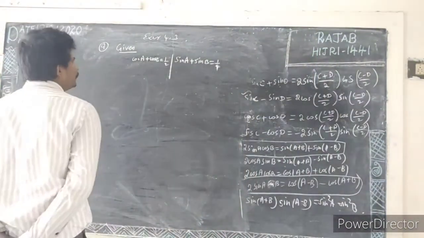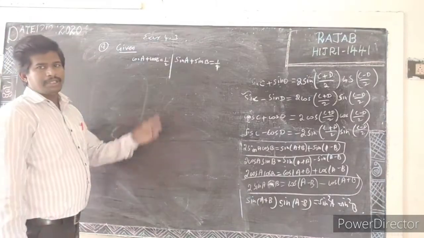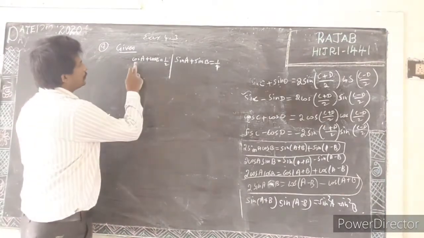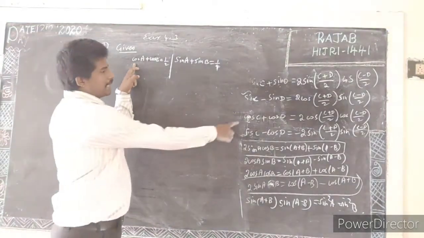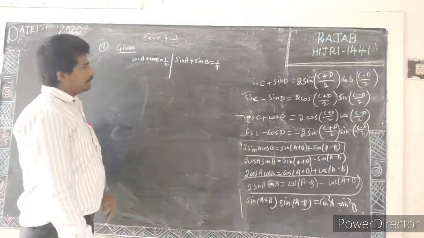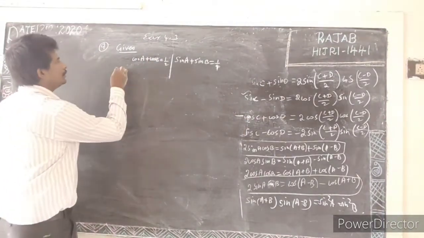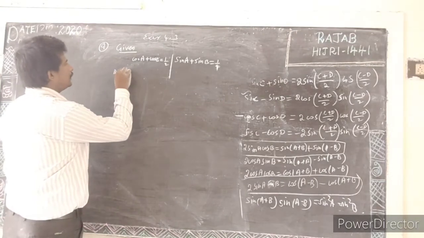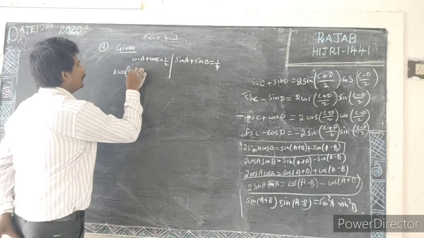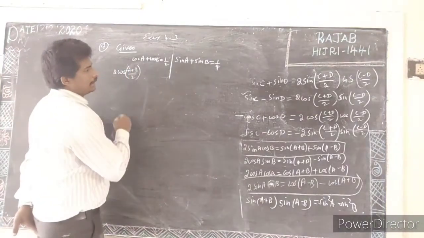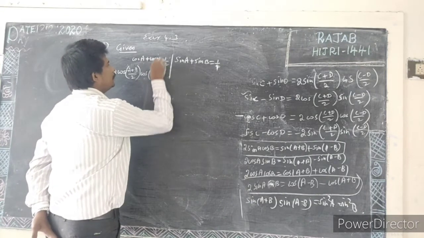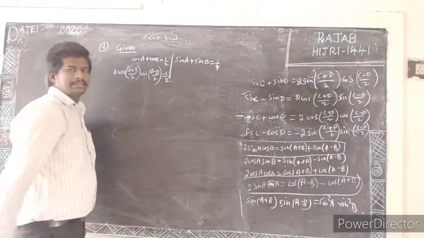See, here we are having two given information. So from the given we are going to derive some result. Okay, so this is in the form of cos C plus cos D. By using this formula, the LHS can be written as 2 cos (A plus B) by 2 cos (A minus B) by 2 equal to 1 by 2 as it is.